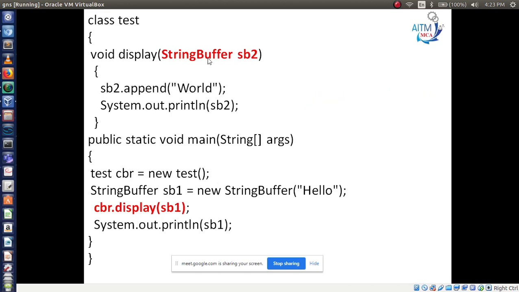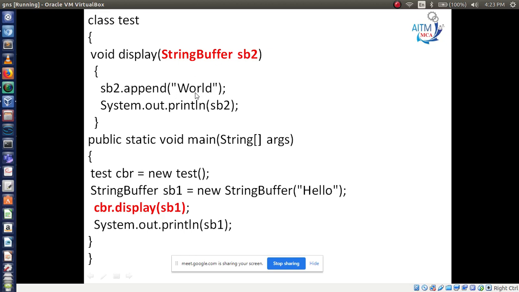Hello, right? Now after passing hello, it has one word, that is word. You have passed the value from sb1 to here. The sb1 value is hello, and hello will go in here. Then you are performing one operation here, that is sb2.append(word). sb2 has the value hello, append to this one word.